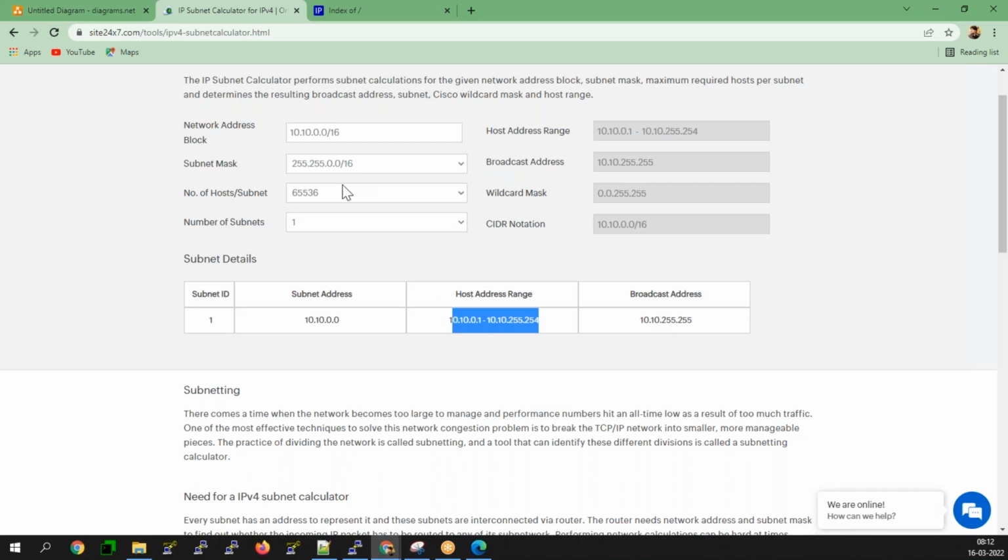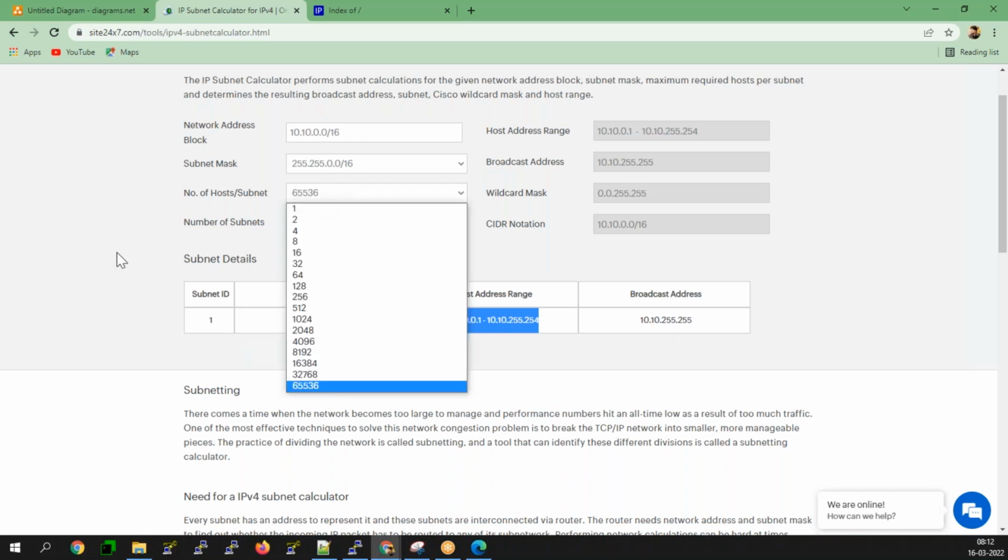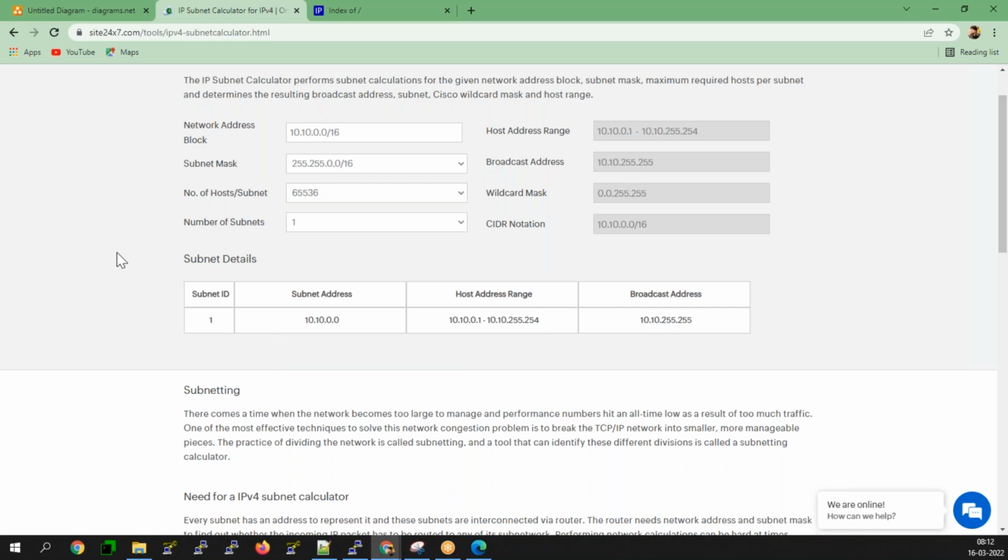So how many hosts can you allocate in your network? 65,536 hosts you can allocate in your network. That is the meaning of this respective subnet of /16. This is your respective subnet mask. Am I clear on this? When I use